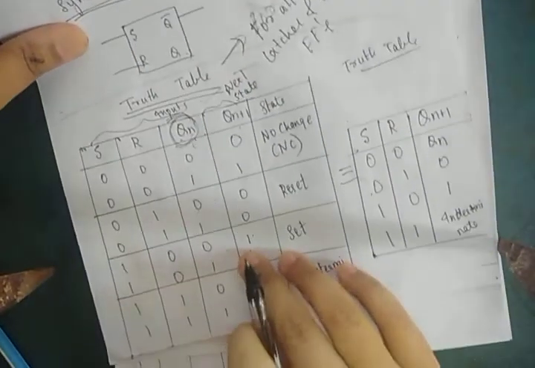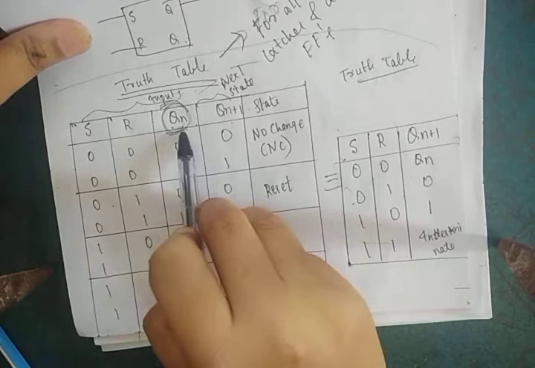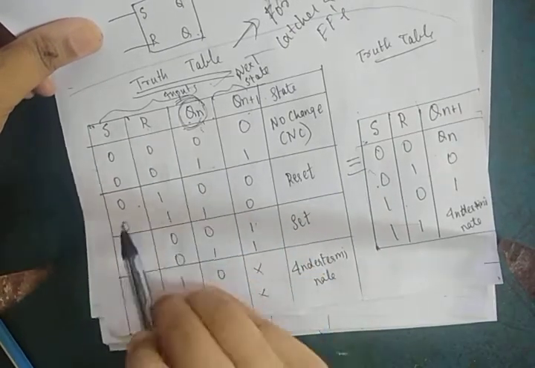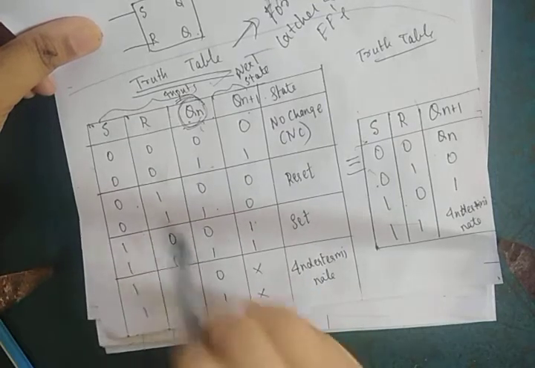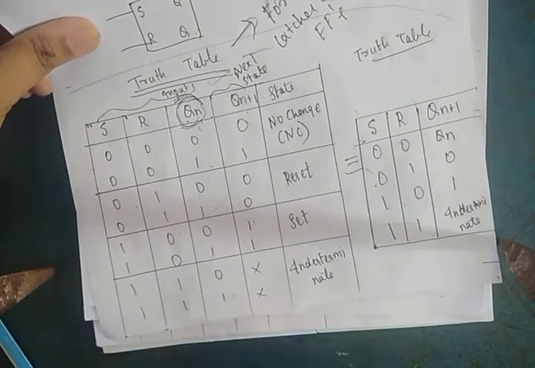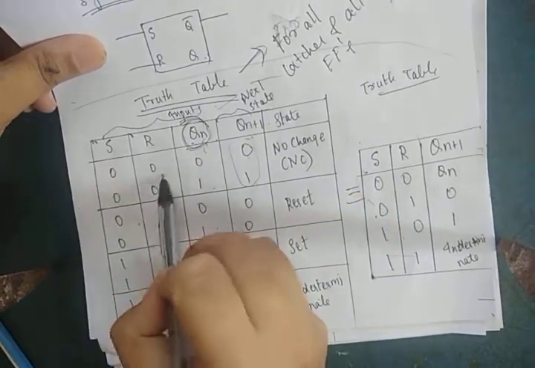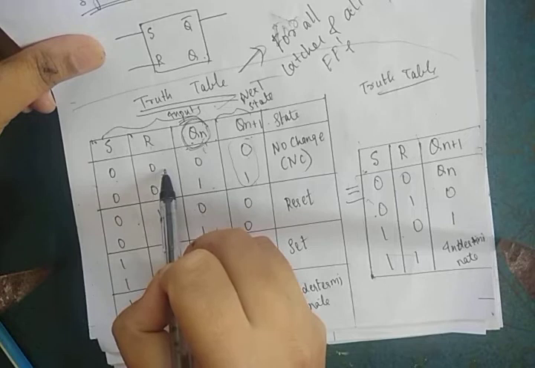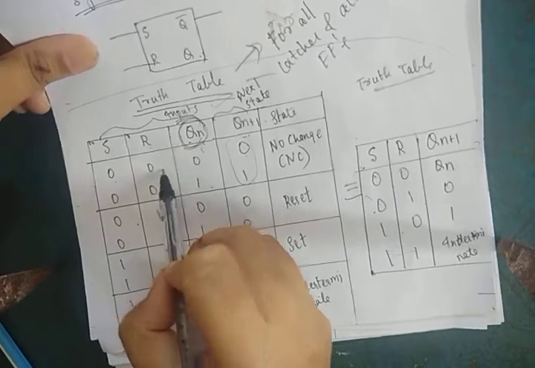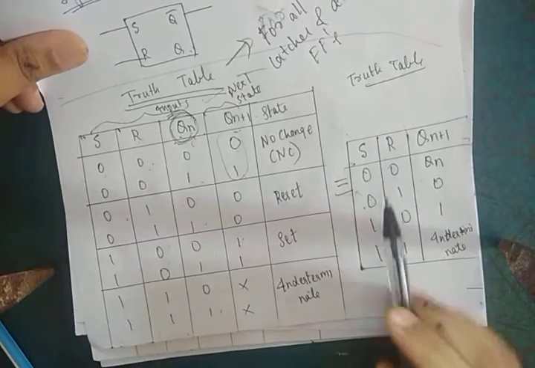Now, going to the truth table. S, R, Qn, we have three inputs: 000, 001, 010, 011, 100. Three variable truth table, 0 to 7. Now see here, I have got something here, 0 1. What is this? I'll explain. In this case, 0 1, look at the input. What is the input? S is 0, R is 0.